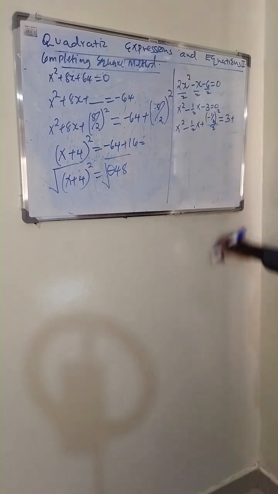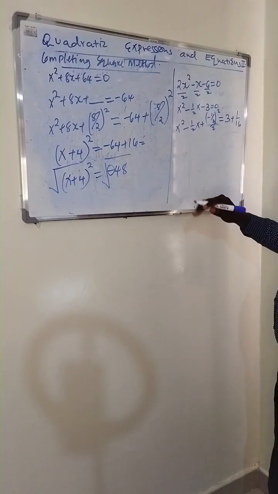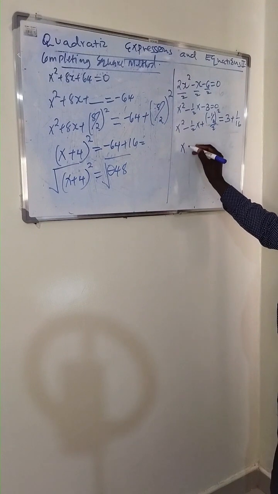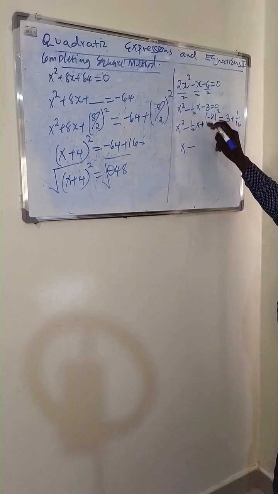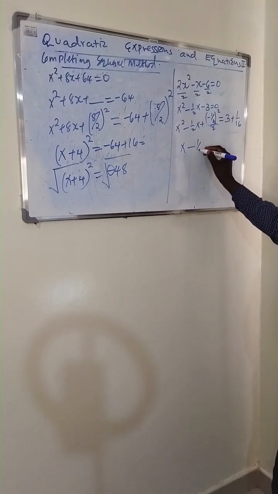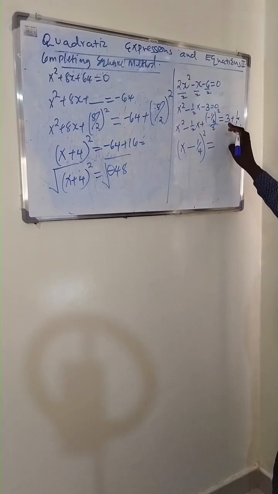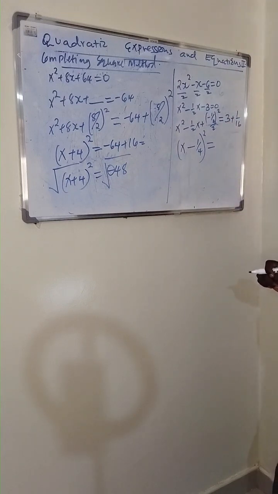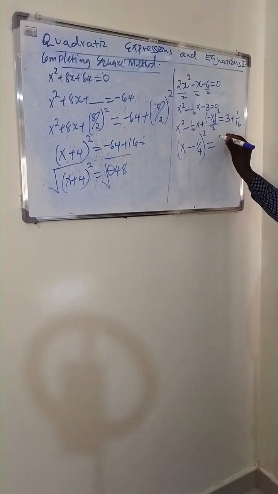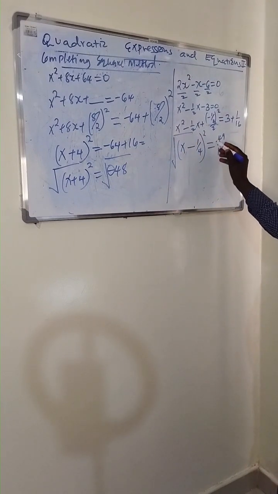When you square that, you get 1 over 16. So when we group this part, you're going to have x minus, not plus because this is negative, 1 over 2 divided by 2, which is 1 over 4, squared, is equal to 3 plus 1 over 16, that is 3 and 1 over 16, which simplifies to 49 over 16. So if you get the square roots of both sides,